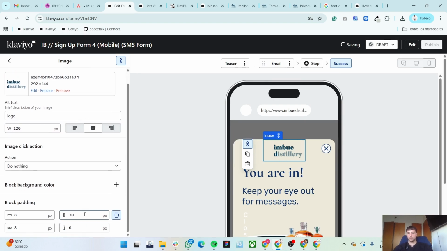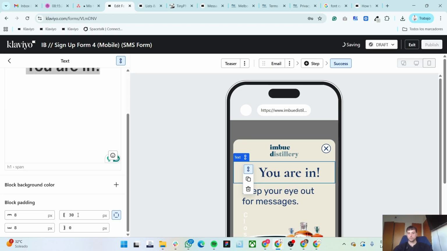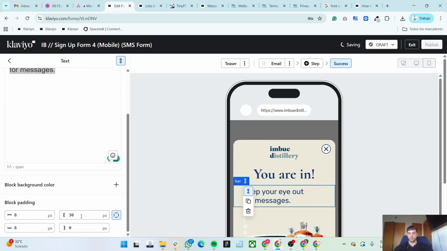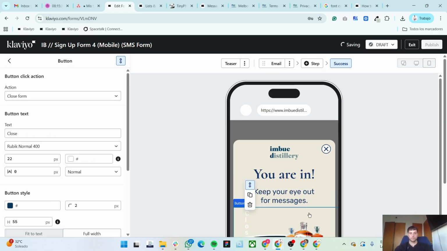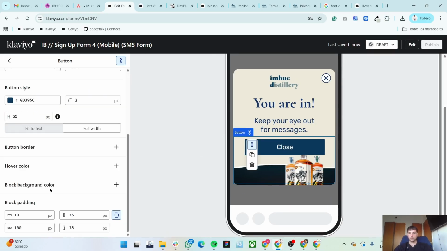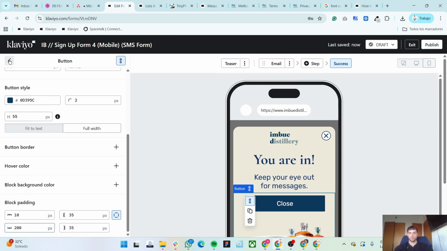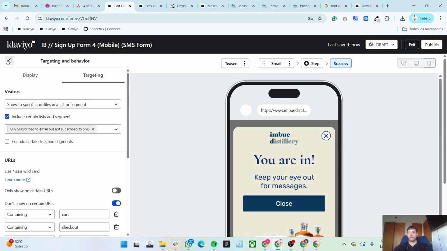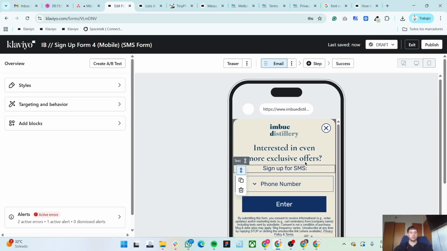Same thing here. It's too big for mobile. And the targeting and behavior is the same. That's it, guys. You have designed a form for